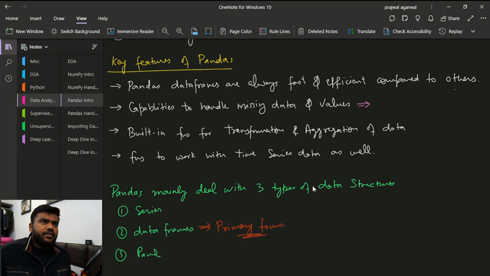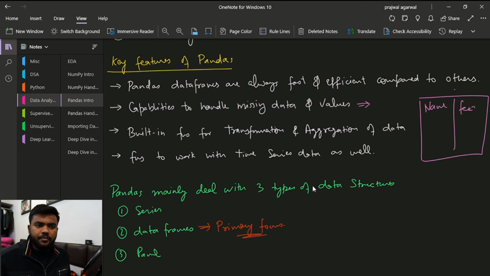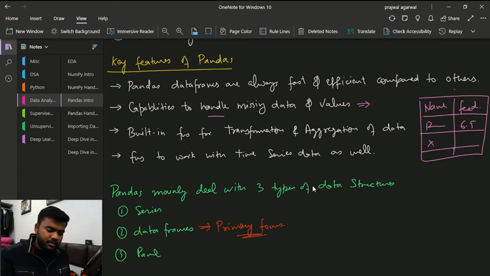The thing is that whenever you are dealing with real life data, it is very likely that you are going to run into some data where some of the fields are missing. For example, if I make a bigger table. Okay, so if this is name and this is feedback type, it may happen that a particular person X has not given any feedback. So pandas is capable of handling the missing data,